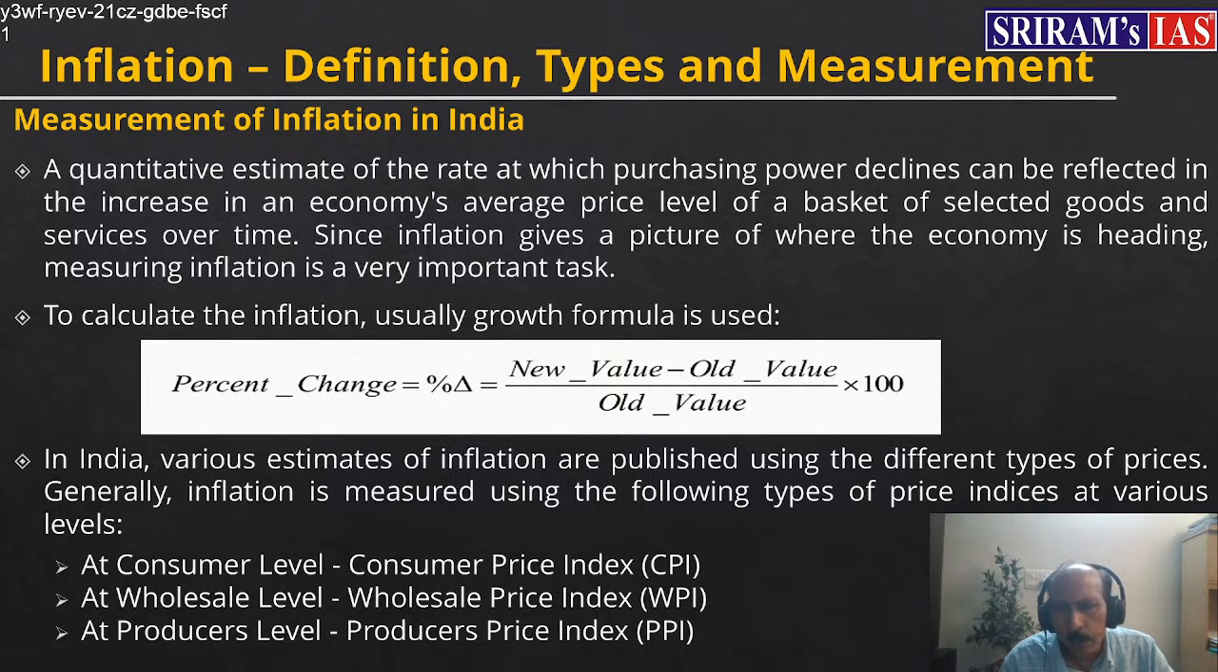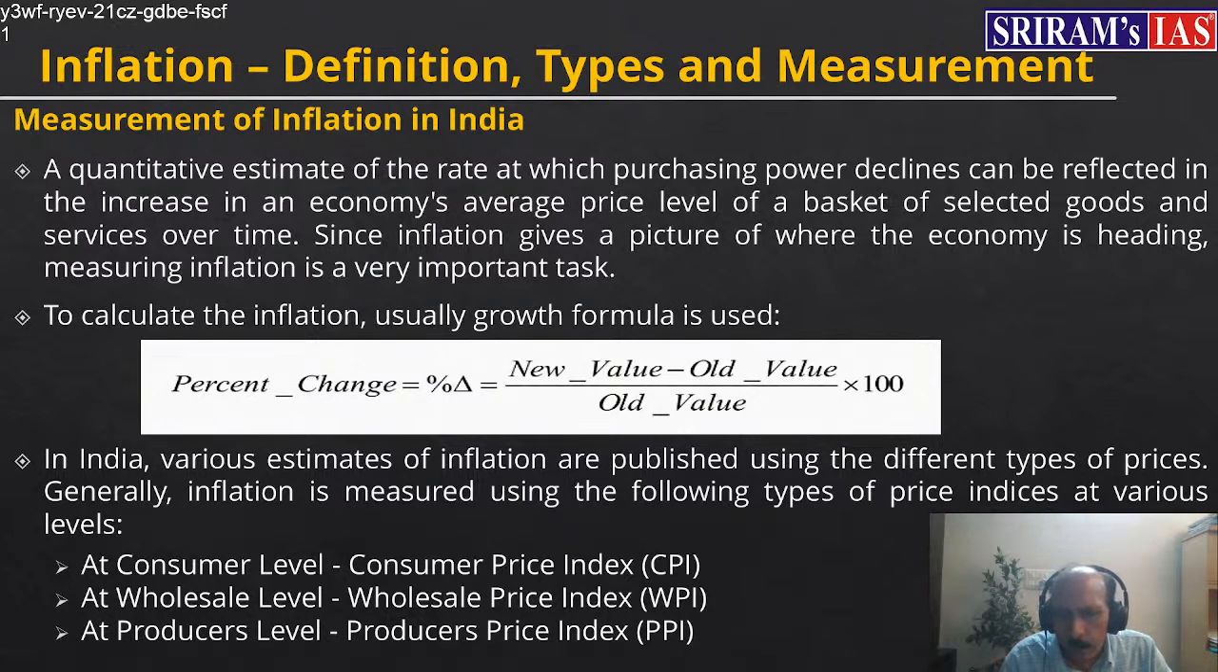This method is called the index number method, price index numbers. We always calculate the price index numbers over the base year. The base year is necessary to define because the changes in prices are measured over the base year. And keeping this methodology in view, three kinds of price indices are being estimated